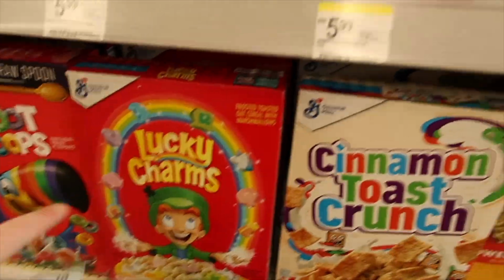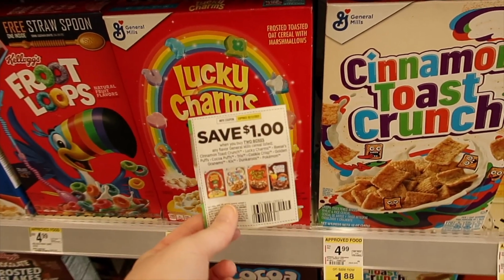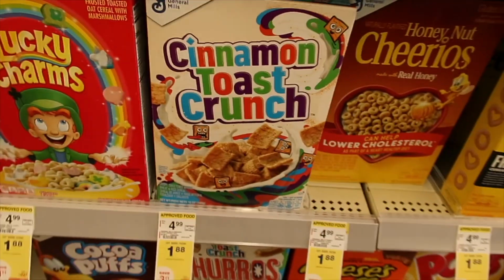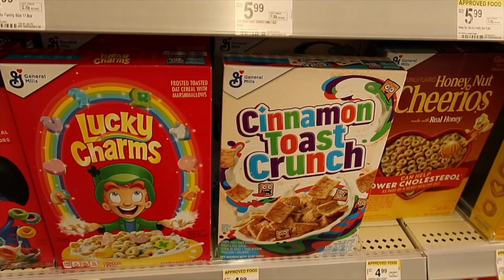Here we have the General Mills cereal for $1.88. We do have a $1 off a 2 insert coupon. There may be a digital, but you'll get both of them for just $2.76,